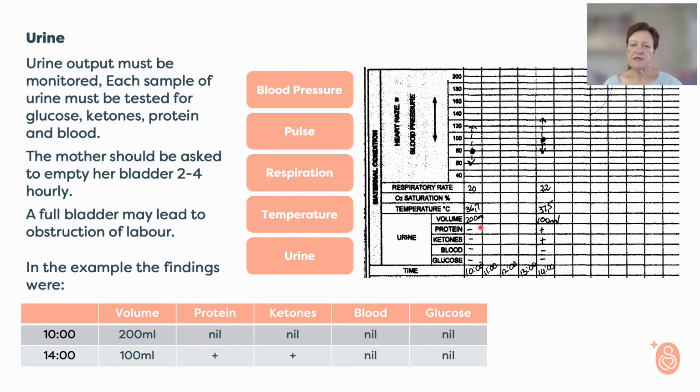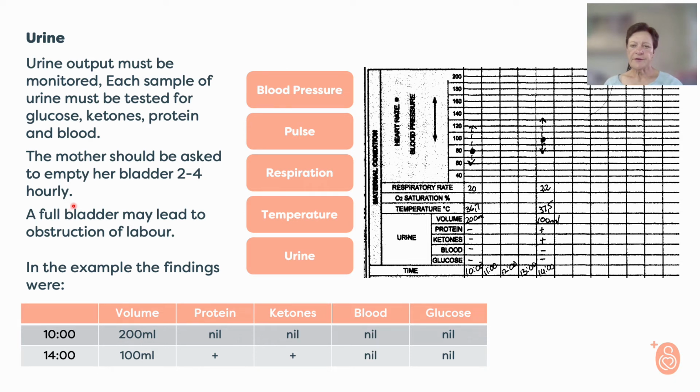Now here you can see there was 200 milliliters of urine, and 4 hours later there's only 100 milliliters being passed. Obviously it depends on whether this patient has drunk some fluids or had an IV infusion on, but we know that 300 milliliters of urinary output over 4 hours is too little. So the only conclusion that we can make is that the bladder is full, and in which case, as I've said, it might lead to obstruction